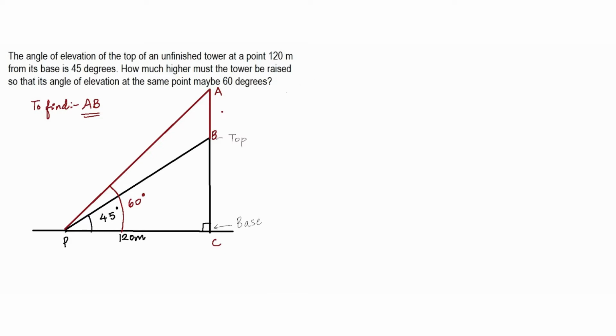First, I am going to pick the complete triangle APC, right? This is the complete triangle that I am going to pick. And from this particular triangle, I am going to find the length of AC. So I can say in triangle APC, I know that the angle is 60 degrees now. So when you take this particular triangle APC, you should be forgetting about the side PB. So in triangle APC, now I know the adjacent side, I want to find the opposite side. So tan is the right trigonometric ratio.